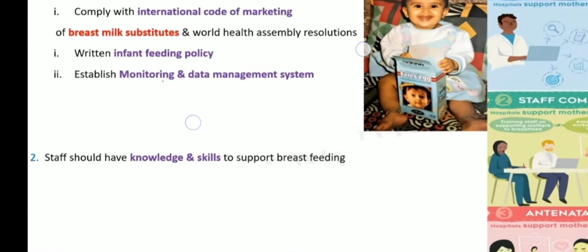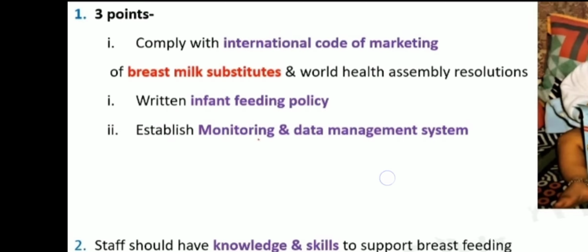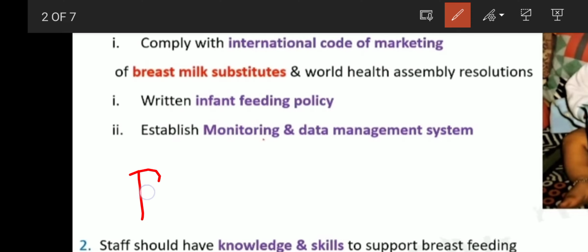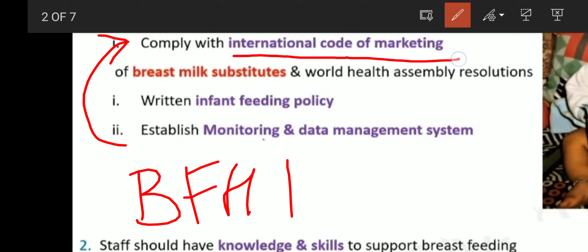First point, what did we see, guys? Hospital policies. So we see that the first thing is they comply fully with the International Code of Marketing of Breast Milk Substitutes and the relevant World Health Assembly resolutions. So the Baby Friendly Hospital Initiative directly complies with the International Code of Marketing of Breast Milk Substitutes, and also with the